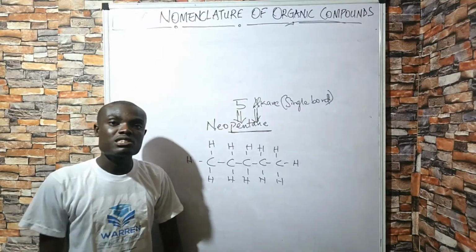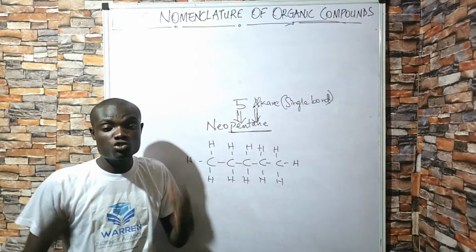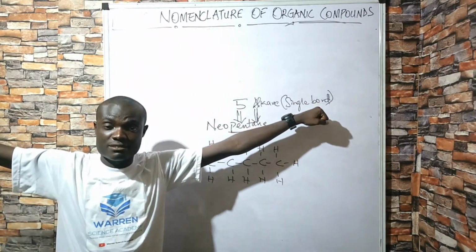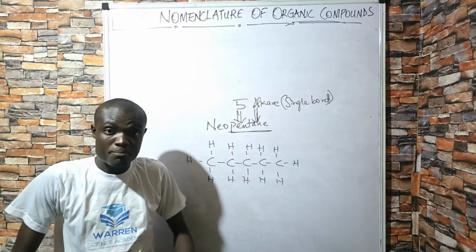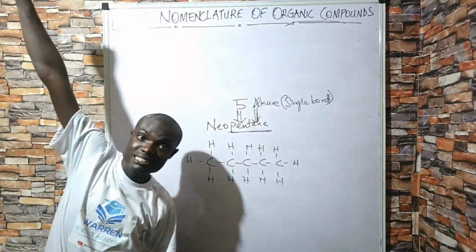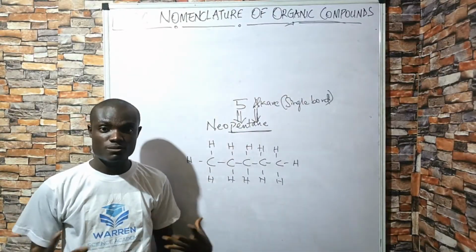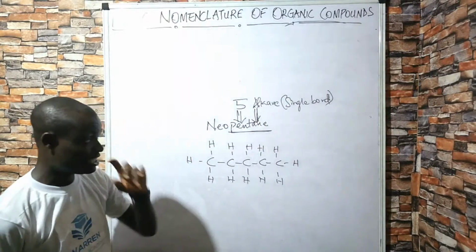It means, just like I can stand with my hands straight, I'm still myself with 2 hands, 2 legs, 2 ears and whatever. And I can do like this, which is a different structure from the first. I'm still myself, but I'm taking different structures. I could act like this, I could act like this. So what I just did is isomerism: same molecular formula but different structural formula. That's what is referred to as isomerism.